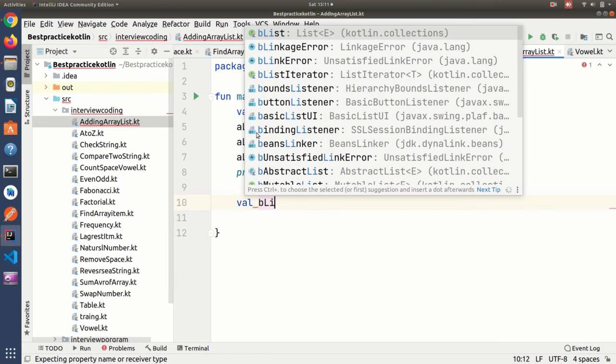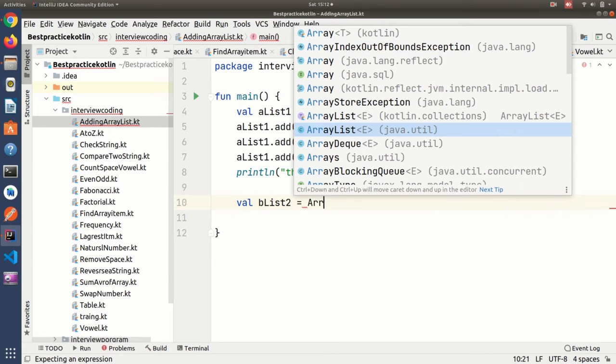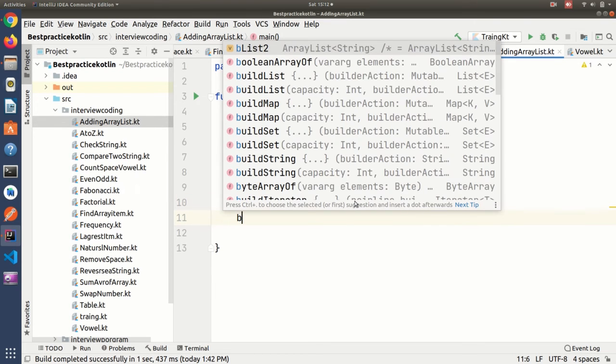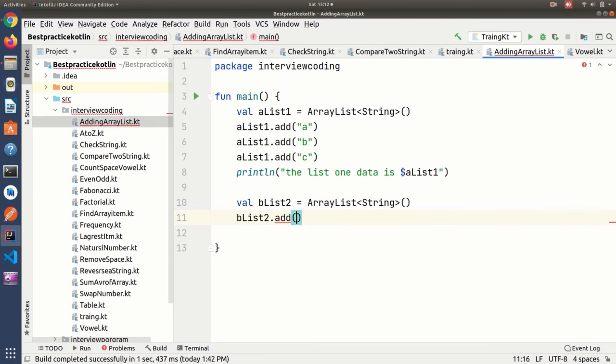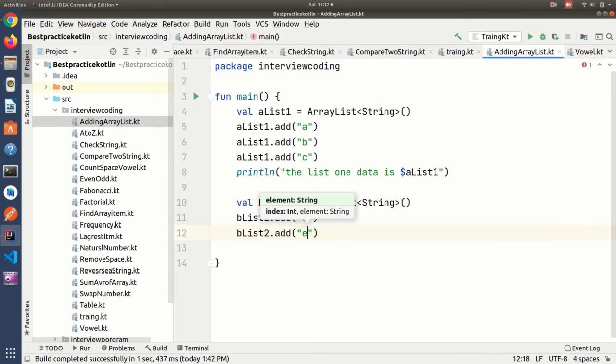Here list2 equal to ArrayList, this type is also string, and dot add e, b, e, here I need to write d. Okay, then you can